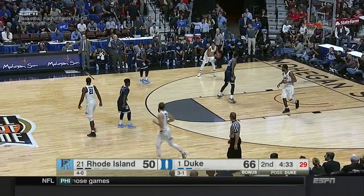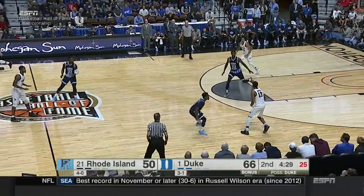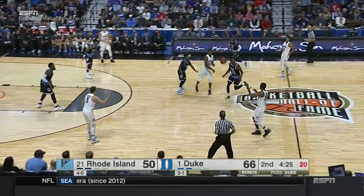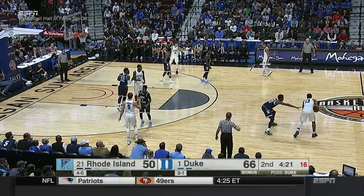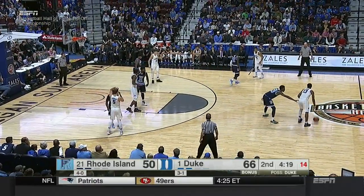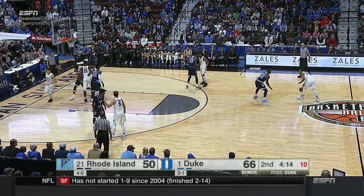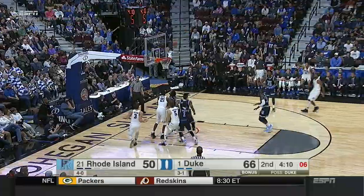Saban's got to be the best in football, and right there across from us, it's got to be the best in basketball. Hard to argue on either count. Hey, look at their records. The resume tells it all. Go full court trap, the post up. Do a great job against the trap. Bring up the post guy. It's been a highly intelligent game played by the Duke Blue Devils against a Rhode Island team that was gunning for them today, and